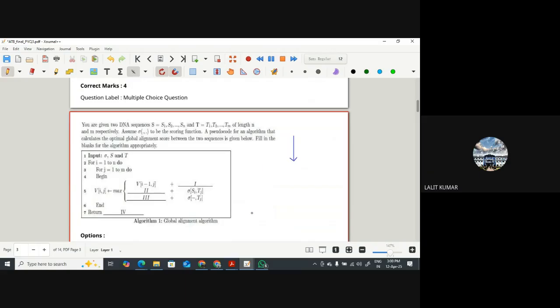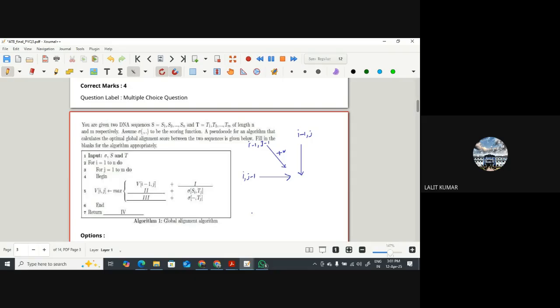Your number can come from top, or it can come from here, or it can come from here with sigma if it is a match. We are following i and j: this is i minus 1, j; this is i, j minus 1; this is i minus 1, j minus 1. So maximum of